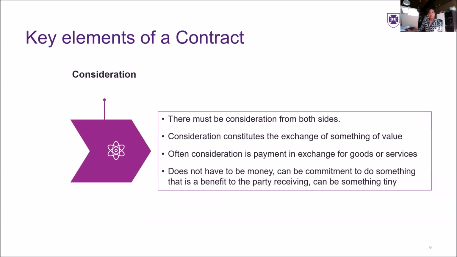So we then have consideration, and consideration is a legal term that is just used to describe the benefit that each party to a contract receives. This is most likely going to take the form of payment in exchange for goods or services, but it doesn't need to be money. It can be anything of value that you obtain as part of a contract, so equipment or work. It can be anything that is stipulated by the promisor, provided it is not illegal.